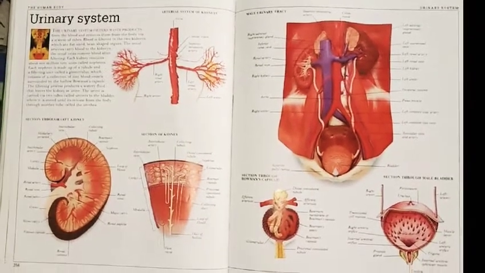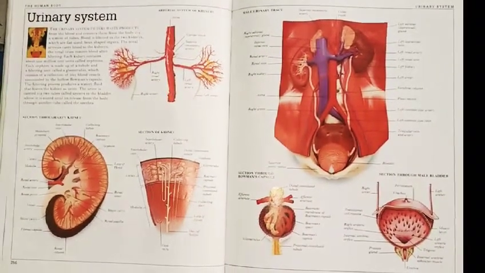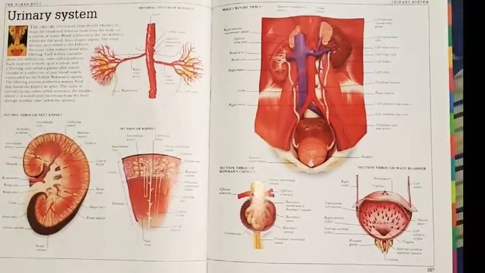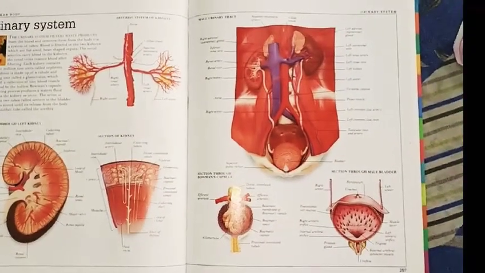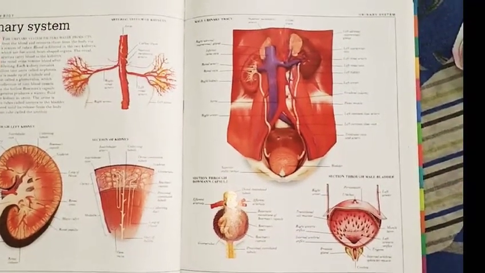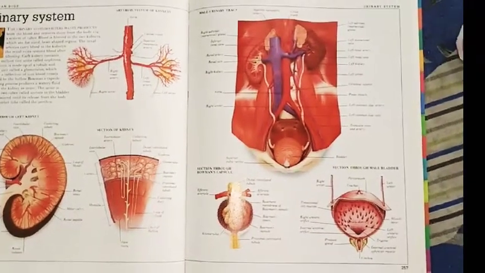Class, today we start the next topic from our chapter, which is the excretory system. Now, what is the excretory system? The excretory system is basically the removal of waste products from our body, and why it is necessary because the excretory